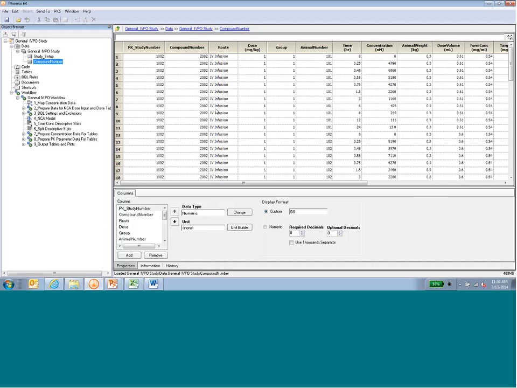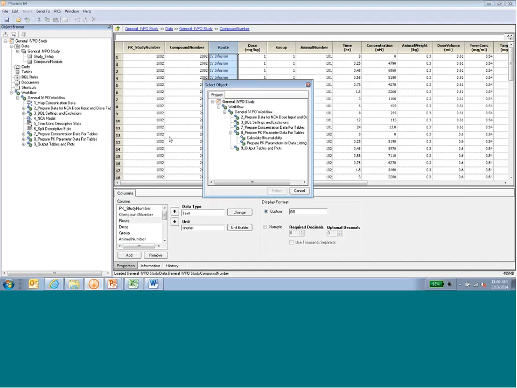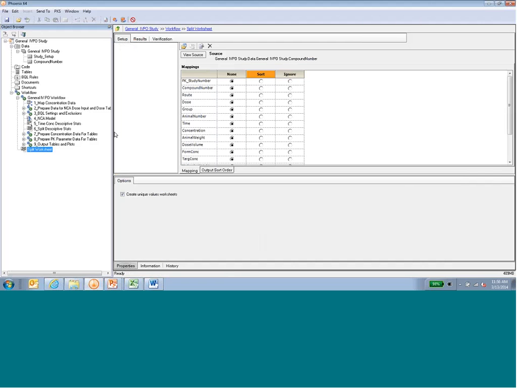Okay, so this is the main spreadsheet where we have route of administration here. And if I want to split these into two separate worksheets, it's very simple to do. All I have to do is send this to the data group and then choose split worksheet. And I'm going to put this in this general workflow here so it's easy to see it compared to everything else that's in here. And then simply sort by the route of administration,